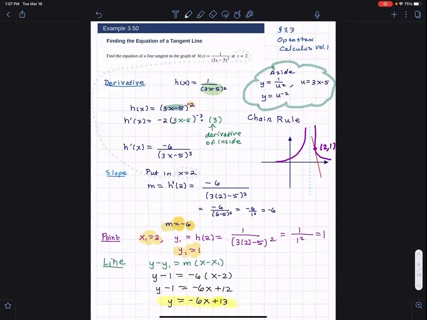So let me at least label the x and y axis here. Do you see, all we did is we found the tangent line at a point, and the slope of the tangent line is the big piece in calculus. That's where calculus comes in. To find the slope of the tangent line, we need to find the derivative. And we have a formula for the derivative by finding h prime of x. But then to actually find the slope, we have to put in 2. And we got -6. And then we plug it into the equation of a line that we learned hopefully in